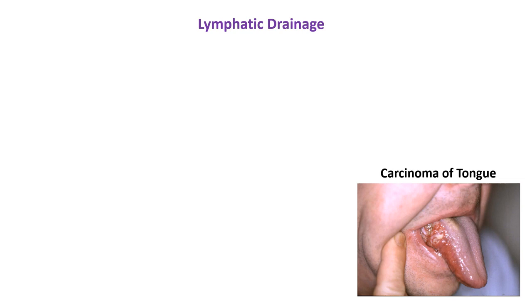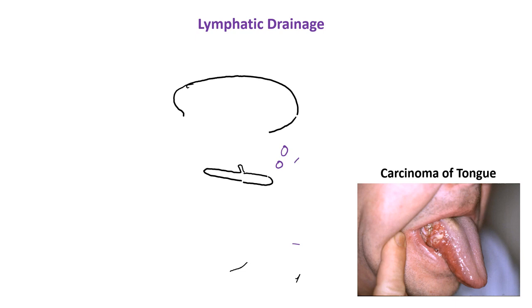So let's discuss the lymphatic drainage of the oral cavity. So let's draw the tongue again. This is the tongue. The lymphatic drainage of the tongue takes place in 4 sets of lymph nodes. I'll just draw those lymph nodes. One, lymph nodes are usually made in purple, are the submental group of lymph nodes, right? So here is the submental group of lymph nodes, which are present in the submental triangle. The submandibular group of lymph nodes,